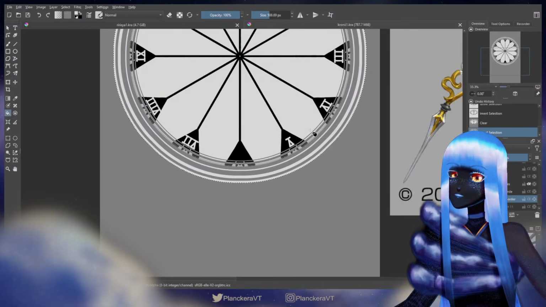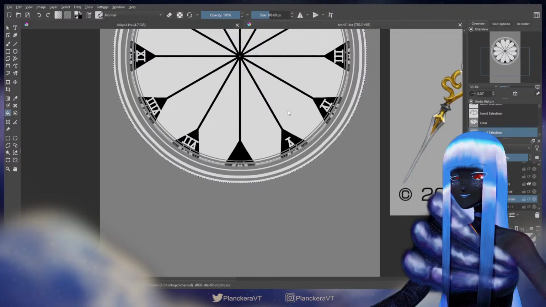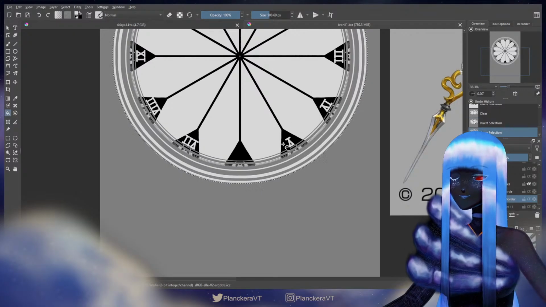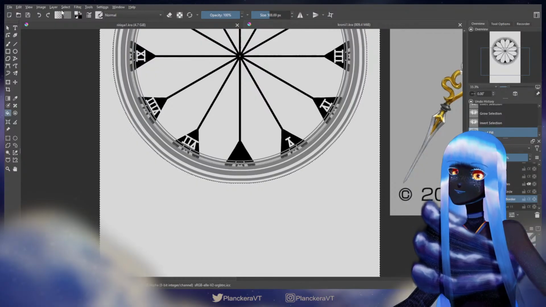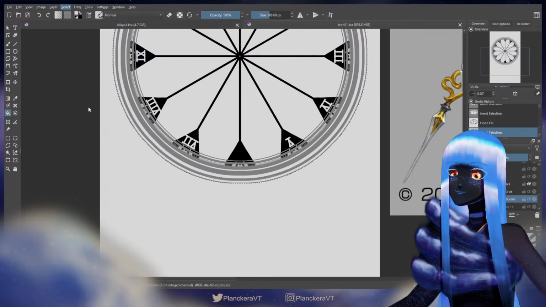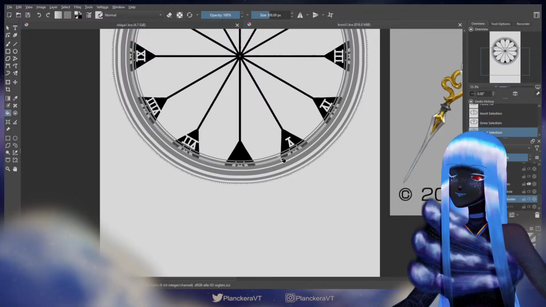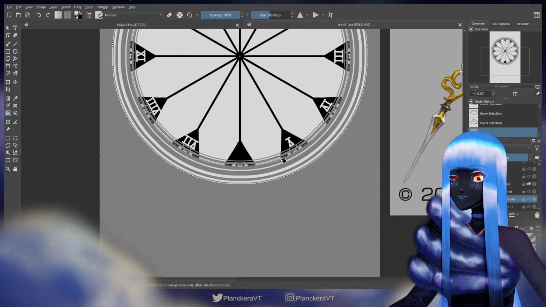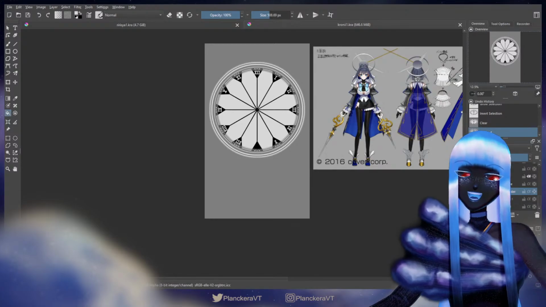And then I want one more thin one on the outside. And it's going to be fairly close together, so let's do 8. And then I can add all kinds of decorations to this if I feel like it. Well, we'll see what I want to do. I think 6 is going to be a good number for this. There. Nice. I like it.